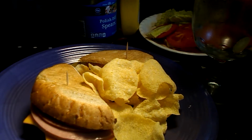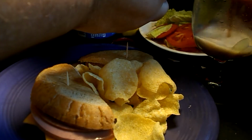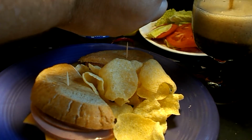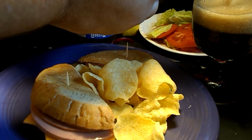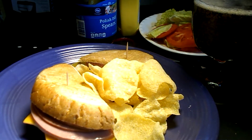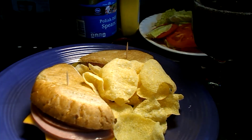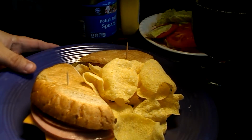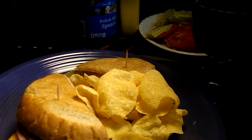Now, add a nice glass of soda pop to it. You can hear that fizzing and that dribbling now. That sounds good. Now, I probably shouldn't have to tell you this, but we live in a litigious society, so remember to take the toothpicks out of your bread before you eat. I know that's a duh, but now,